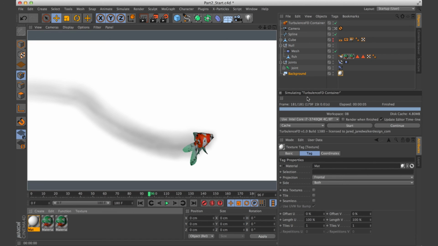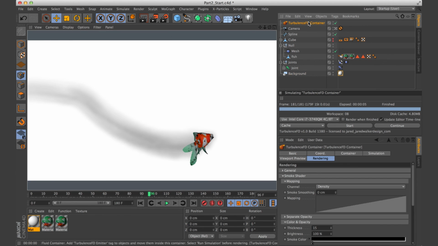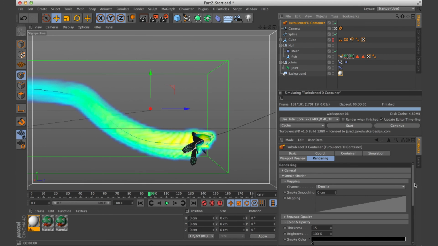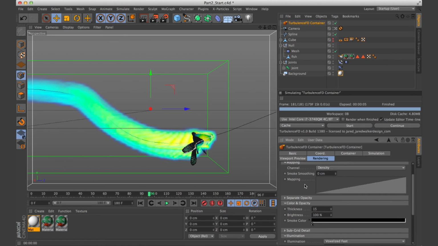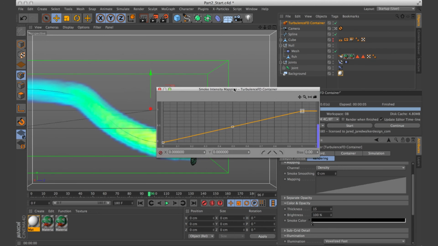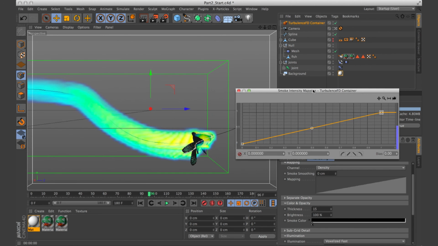Now one thing I want to show you is back here in the container, on the rendering tab here, there's a mapping option for the density channel. And if we go into here, if we click inside mapping, it'll bring up this editor here. And what we can do is we can change around the curve here, and it'll change the look of our smoke or our ink.